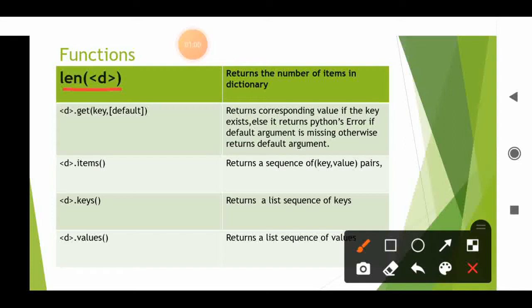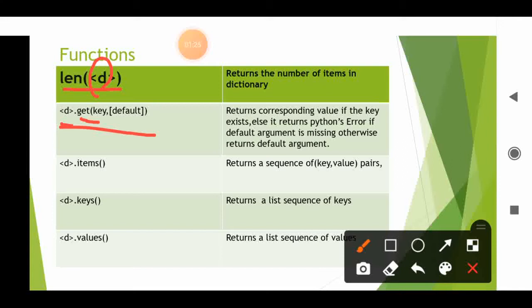The next function is the get function. What is the syntax for writing this? D is a dictionary name. Here I have mentioned the letter D. Dictionary name dot get, key comma default value. What does it return?